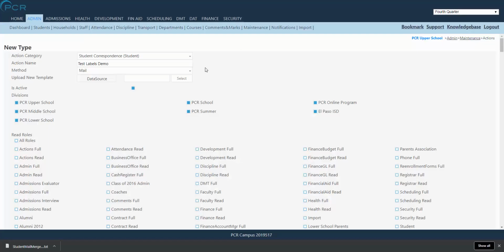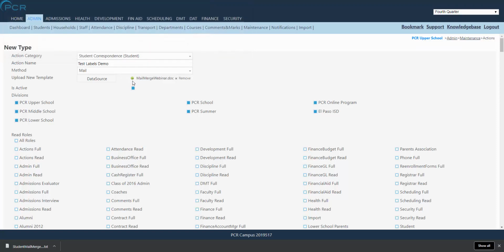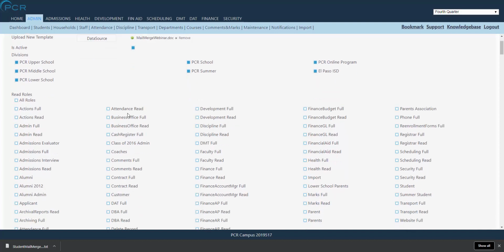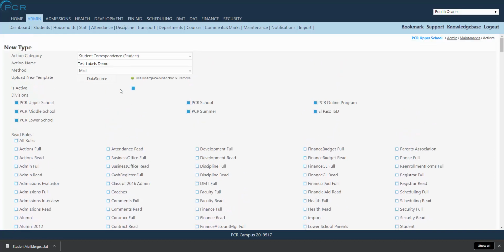So I'm going to go to Campus and then link it. So back on the screen, I click Select, and then I click my template, so Mail Merge Webinar. And if it's in green, that means that my file format is correct. So if you upload like .docx, it'll have a red dot, meaning that that's not a correct file. So once you do that, then you scroll down and you can select the option to